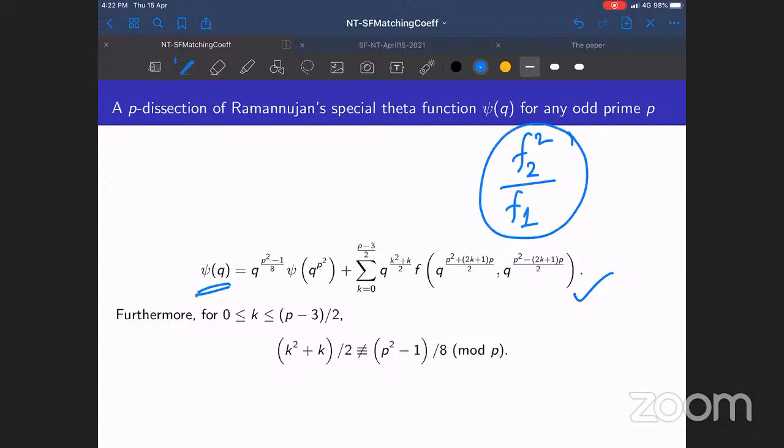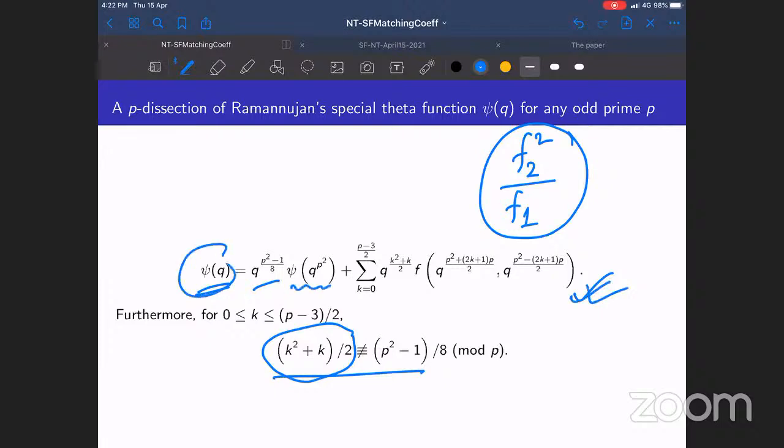So this is your p dissection, and here also because k square plus k by 2 is not congruent to p square minus 1 by 8. Because if we take that equal, then we will get a contradiction, and that has already been proved by Kui and Gu. Okay, so therefore we have psi q is this, and now here also you see that on the first term